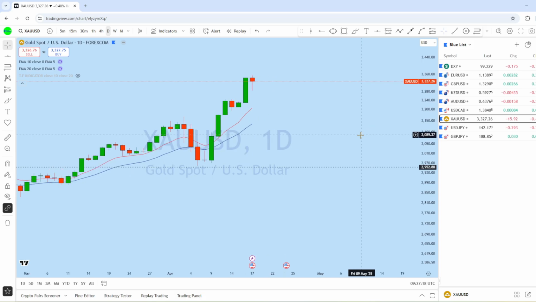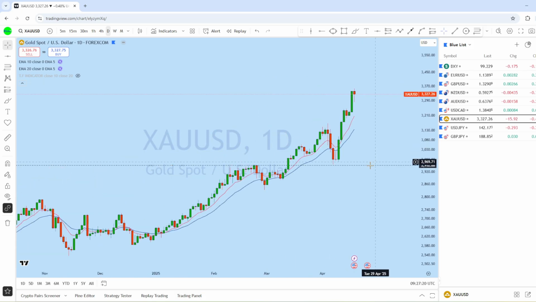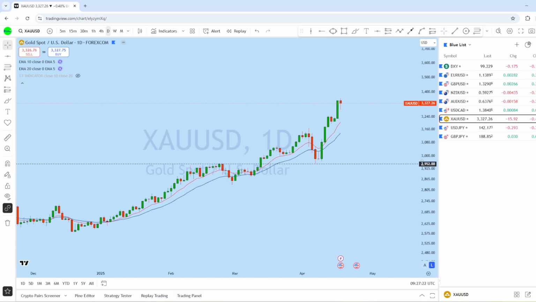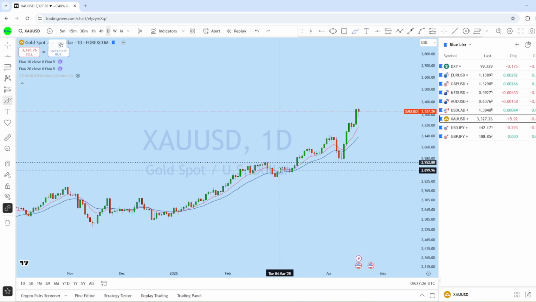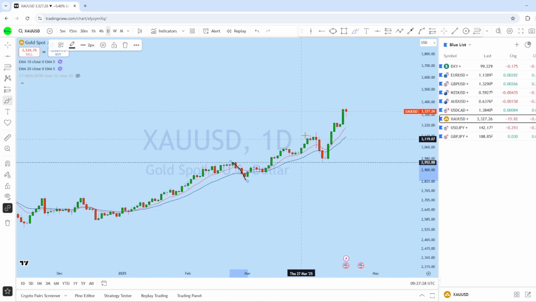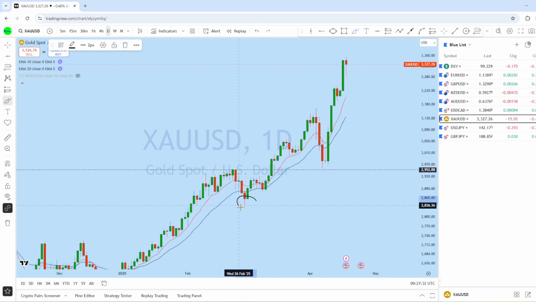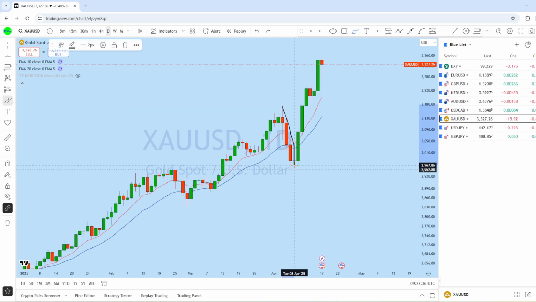So looking at the daily chart now, the daily price action and market structure on XAUUSD show significant momentum, and we can see that there was a break of structure here as well. Whenever the market was breaking from that structure, we saw a huge bounce, and here as well the market has broken from the structure and then there was a huge bounce in that area.